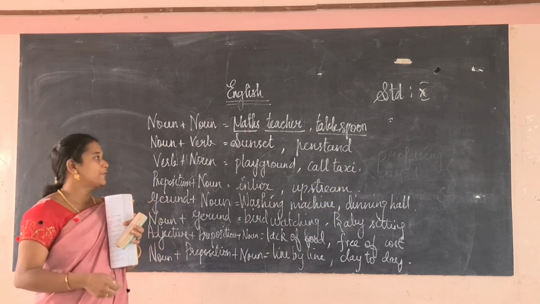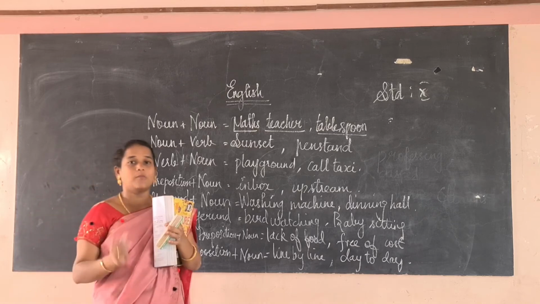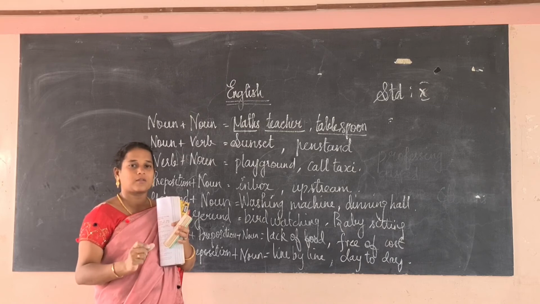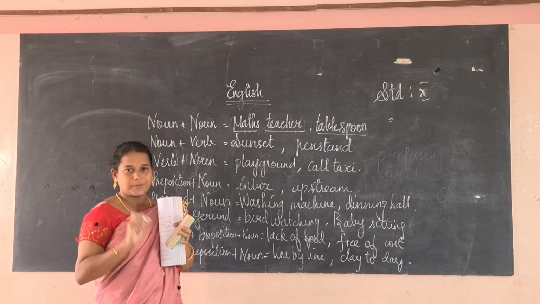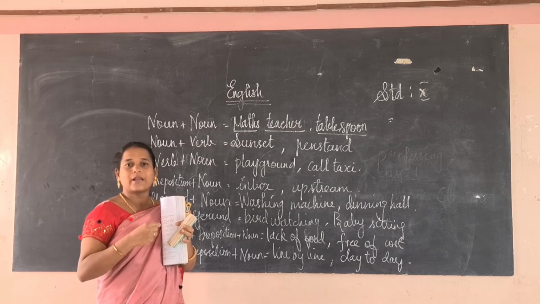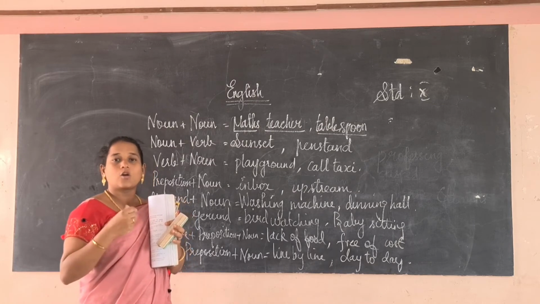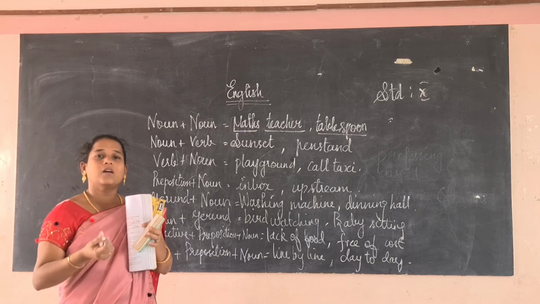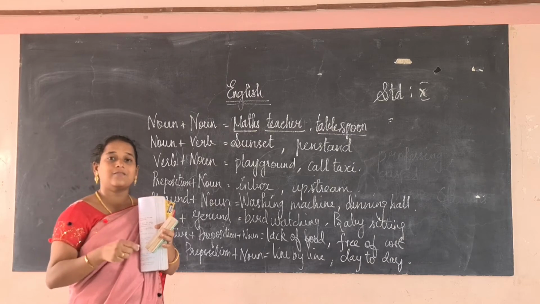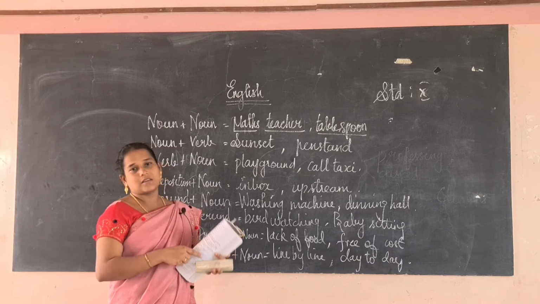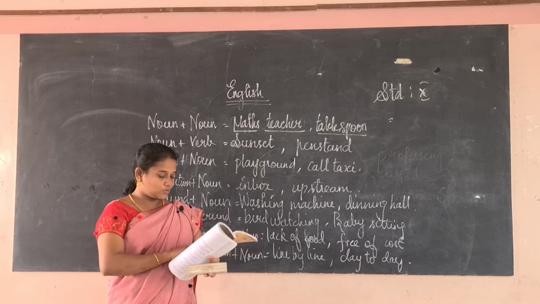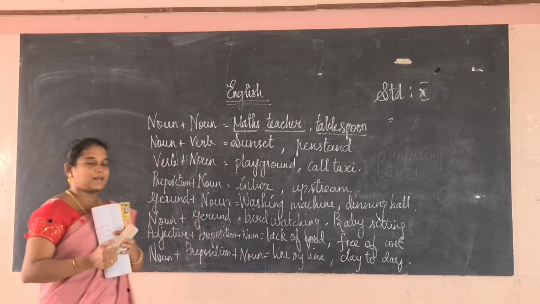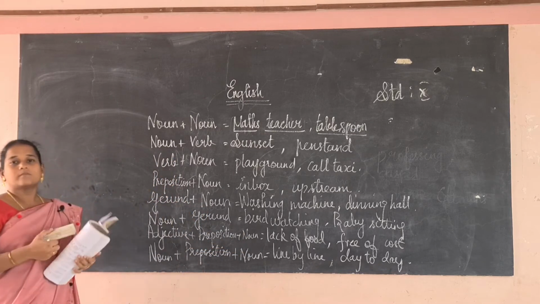So, before knowing this topic, compound word, we want to know about the different parts of speech and what is the usage of different parts of speech. First we have to know, then only can we easily find out what combination of compound word is there, and even make a word for the pattern which is given there. Okay. I hope you have understood and you can copy down in your book.